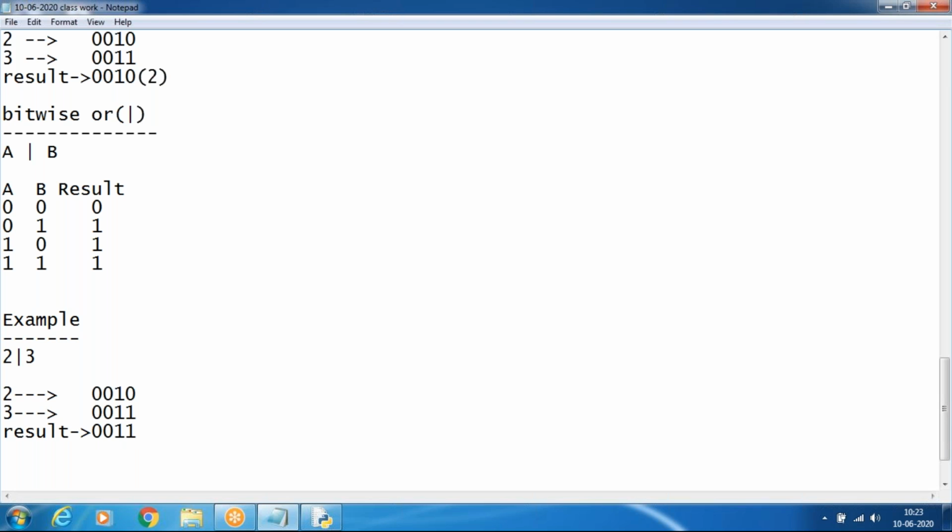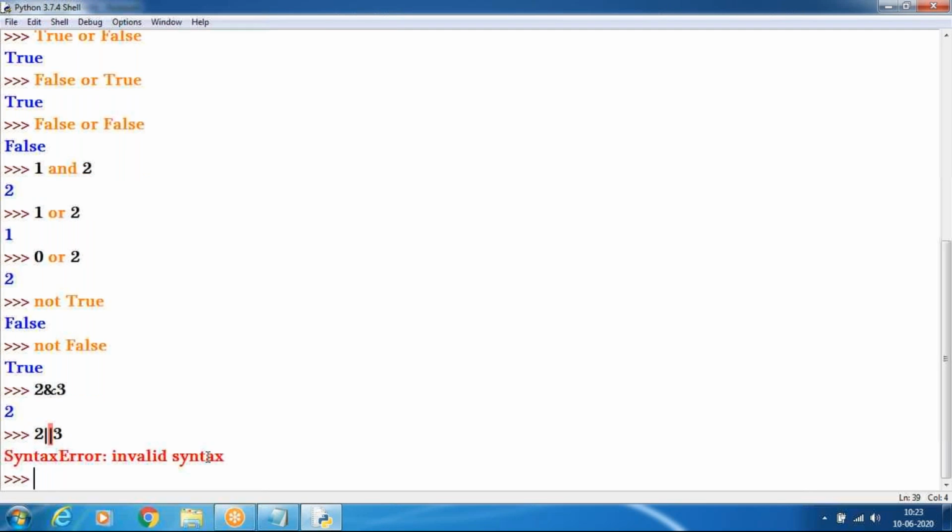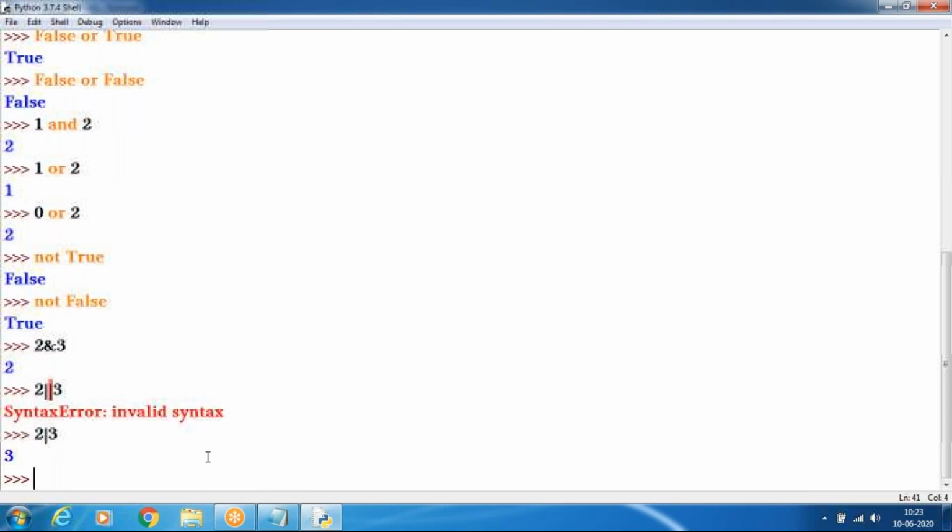The value of the result is 3. So 2 or 3, the result will be 3.